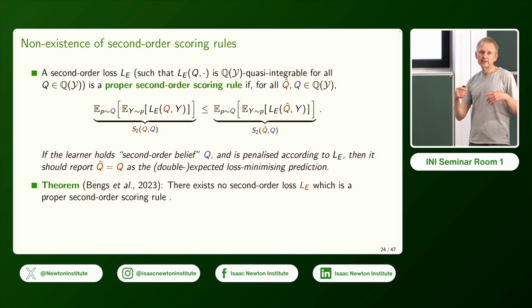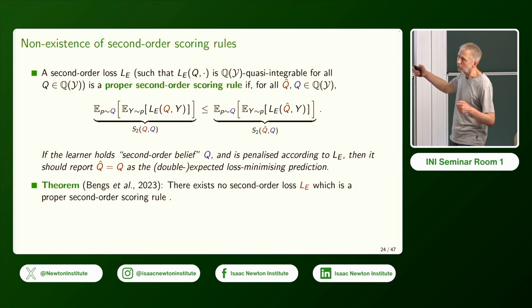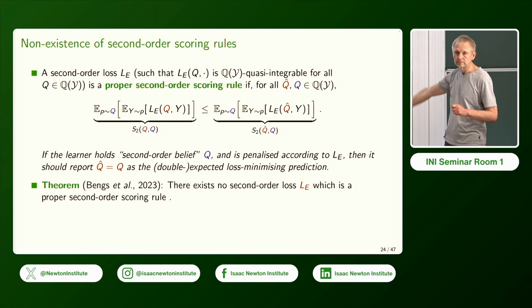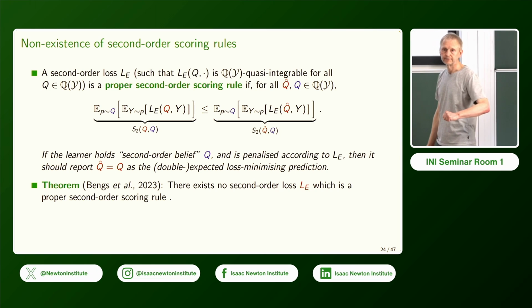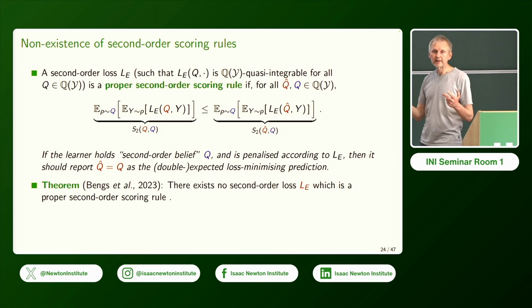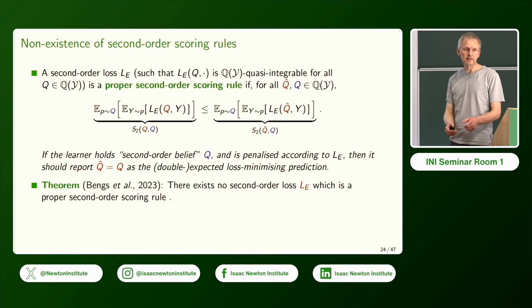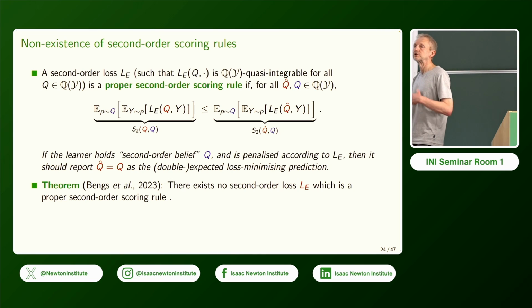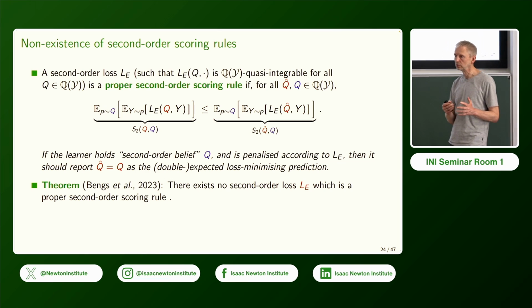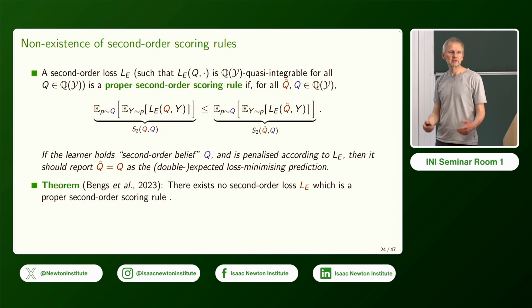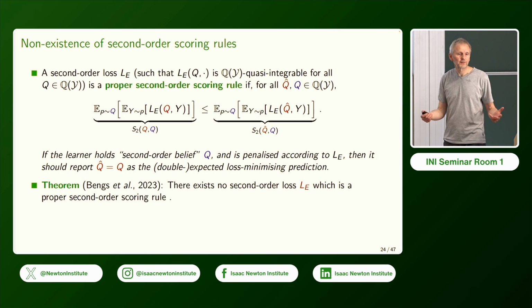So imagine, for example, that the learner knows or believes that the second-order distribution is capital Q, and that the data is generated in this way. Then we would expect this inequality here. So the expected loss of any Q hat that deviates from the true or assumed second-order distribution Q should only increase the expected loss. So we should have this inequality as we had before for standard